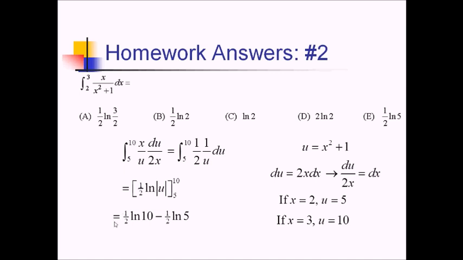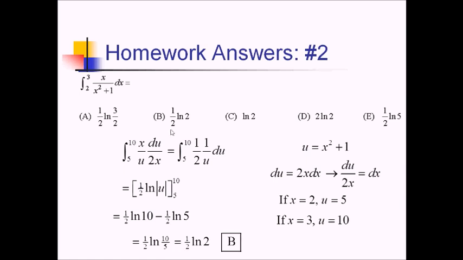I could factor out a 1/2, and inside I would have ln of 10 minus ln of 5. But now when we're subtracting logs, we're dividing the stuff inside. So I can rewrite this as 1/2 times ln of 10 over 5. And then if I reduce that to ln of 2, I finally get something that's in one of my answer